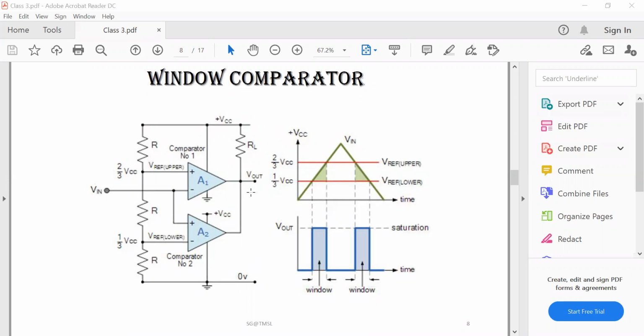Now, if we use a dual power supply, meaning plus 10 volt and minus 10 volt, with upper and lower trip levels of plus 10 volt and minus 10 volt, and V in was a sinusoidal waveform, a sine wave, then we could use this window comparator circuit as a zero crossing detector of the sine wave. It would produce an output high or low every time the sine wave crossed the 0 volt line from positive to negative or negative to positive. So it creates a window.